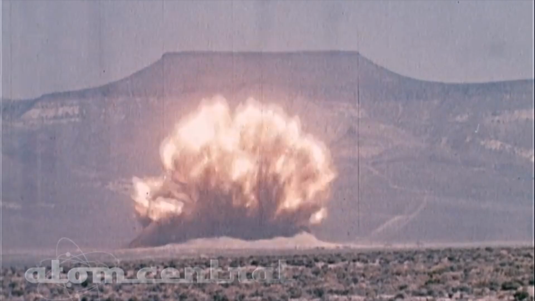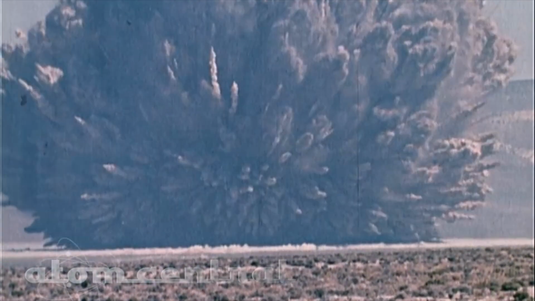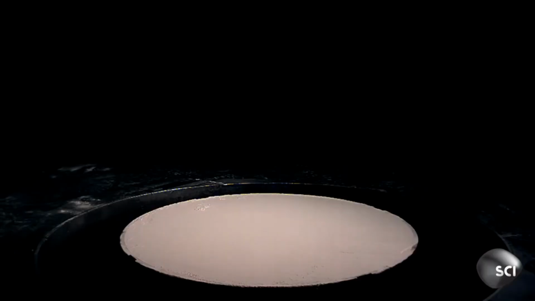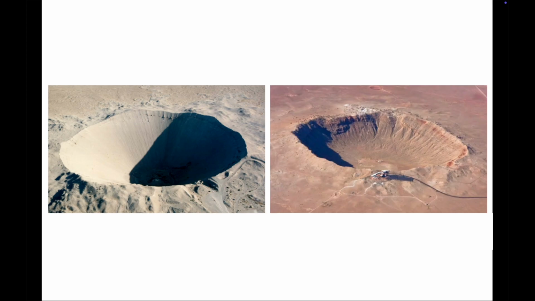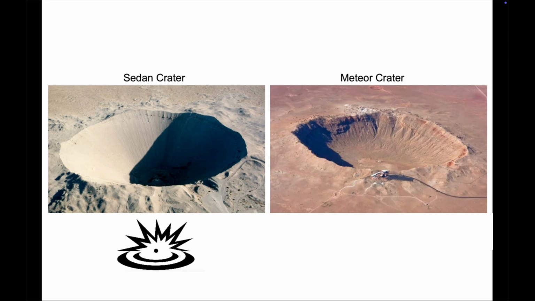those produced by explosions, like the one we are seeing here, or by impacts, like this one. In episode 2, we talked about these two examples. The one on the left is the crater left after the nuclear explosion we just saw, the Sedan crater. The example on the right is Meteor Crater, and as the name suggests, it was produced by the impact of a meteorite. Although the formation process was different, the result is at least superficially similar, a fairly circular depression in the ground.